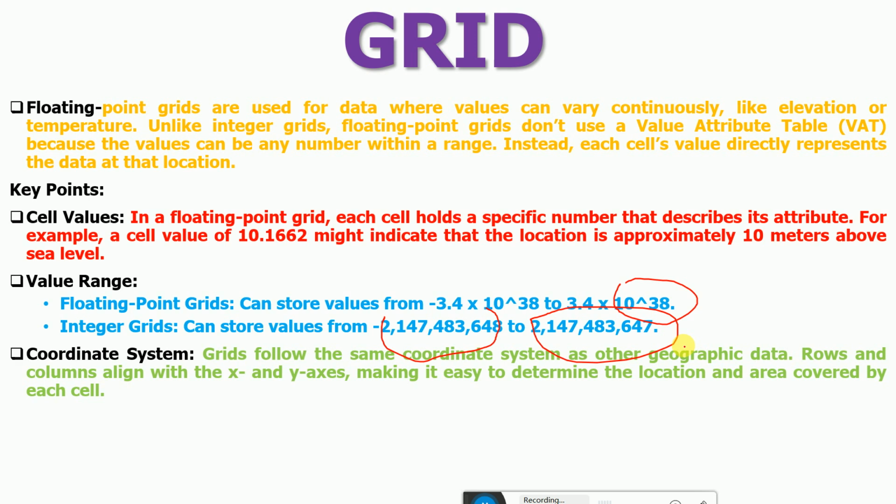Coordinate system, this is very important. Grids follow the same coordinate system as other geographic data. Rows and columns align with the x and y axes, which makes it easy to determine the location and area covered by each cell. So suppose that this is a grid, okay,